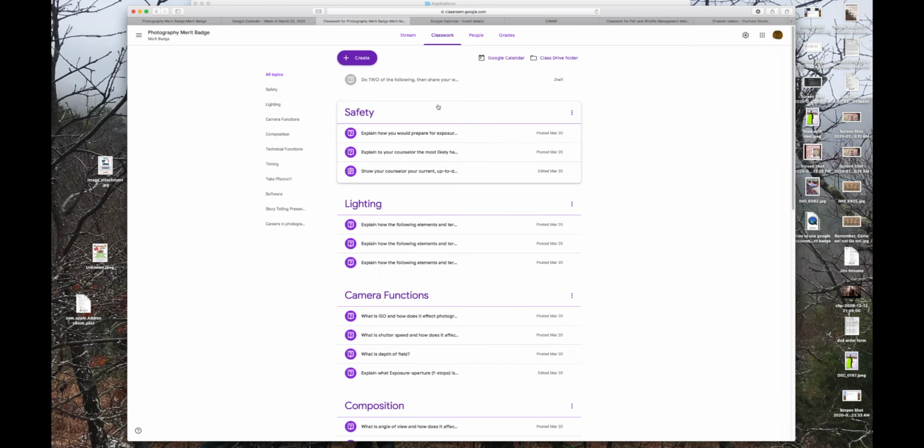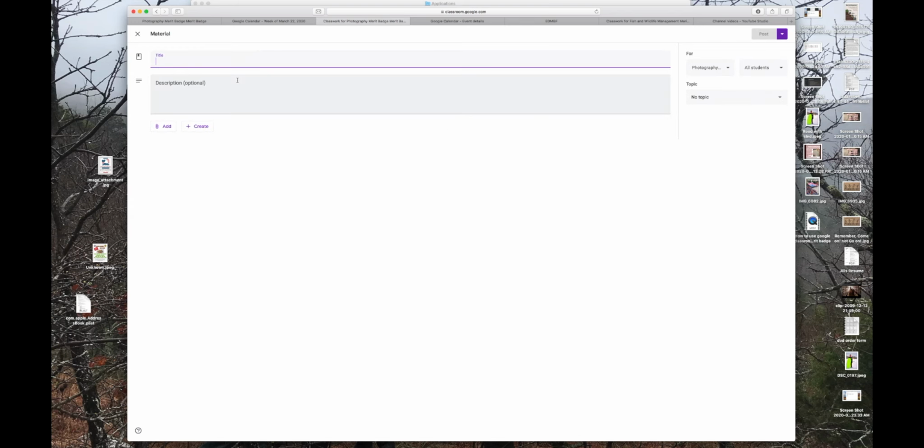all topics and create, and let's say I'm going to do, I can do any one of these, but I'll do a material, and I can give them a source for, let's say, how to stay safe while out shooting photography. I can say safety while shooting photography, and then please read over this short